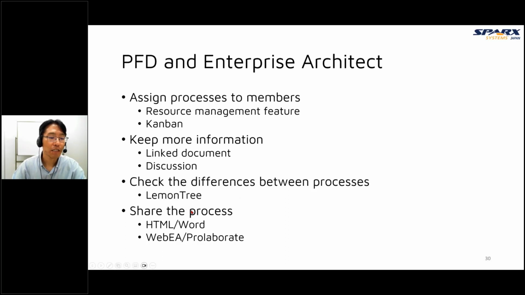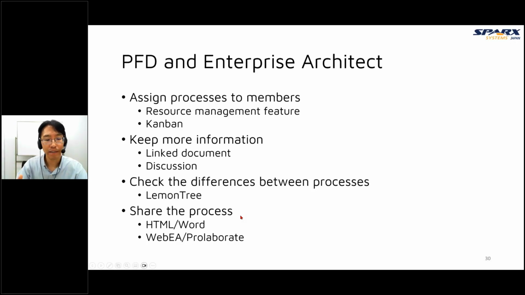And we can share the process by using the HTML Word feature of Enterprise Architect or maybe collaborate. But I think sharing the current process flow diagram is most important, because everyone must understand the current, latest, newest process and think about what is necessary, who will use it in the future, and so on.